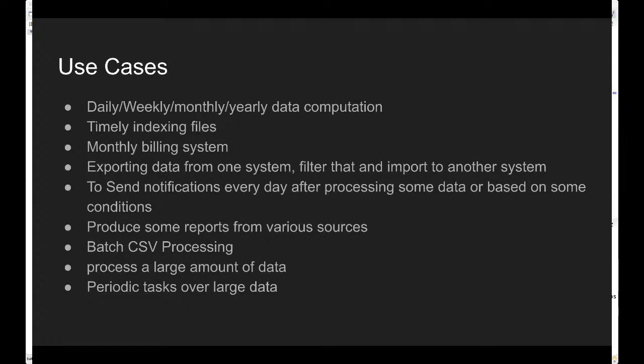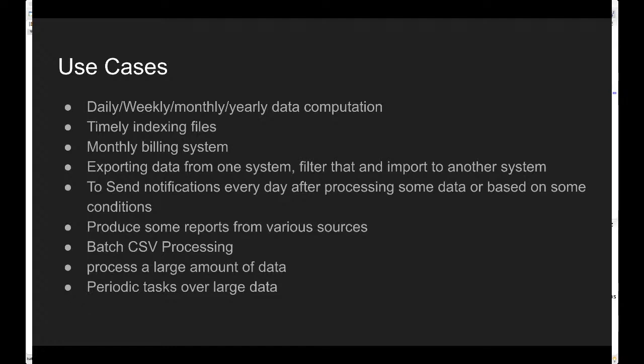to another system. The next one will be, let's say we want to send some notification, just for example, the sale alert we receive from Amazon on their annual sale, or from Flipkart. That could also be done by our batch job. The next one could be that we want to produce reports based on various data, which we can also achieve via batch job. It could also include CSV processing in batch, or wherever we have a large amount of data and we need zero human interaction. All we need is something automated. So that's where batch job comes into the picture.